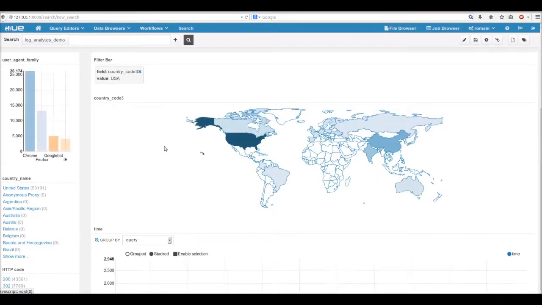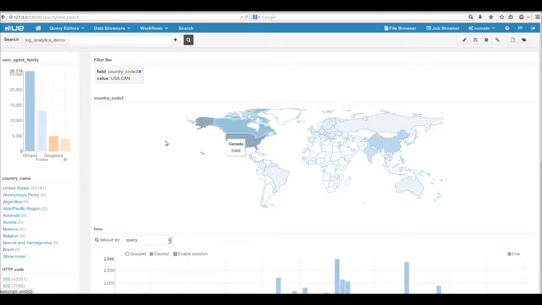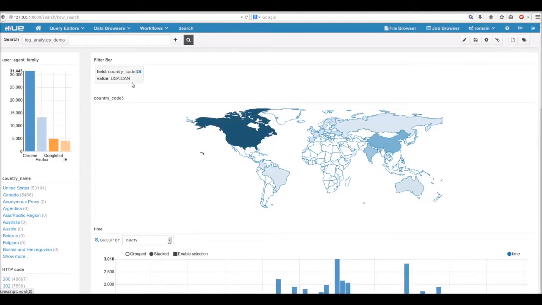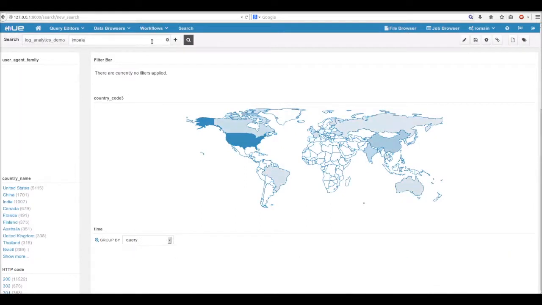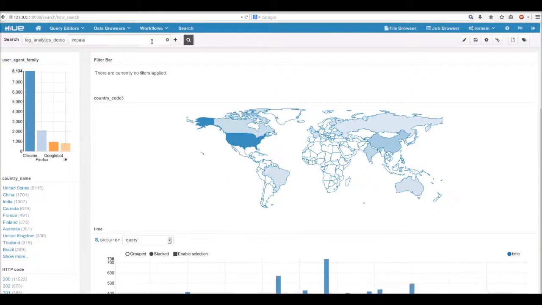And, as usual, the map and facet will update dynamically. And you can quick search for multiple Hadoop keywords.